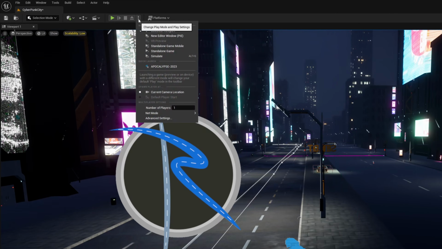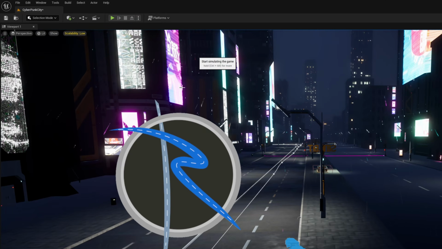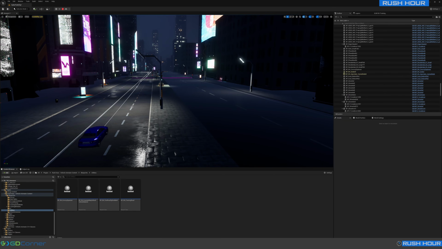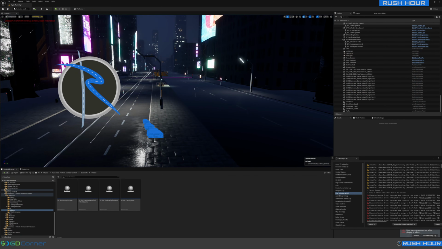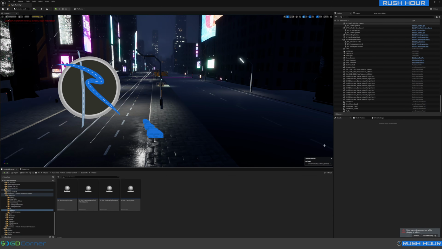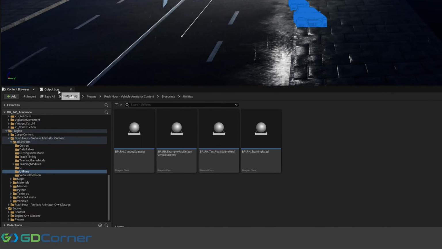So now I've walked you through all that. What we'll do is we'll come up to here and we'll go simulate. And we can see that all these vehicles are just going to spawn in. So we can see here that we didn't have it on random spawn, but the blue car, the sedan, didn't spawn in again. So what we can suspect there is that we didn't actually move the box truck off fast enough. So if we come down to output log,